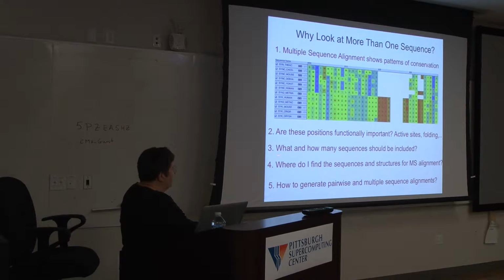Then there always gets to be a question: how many of these sequences should be included? And again, I'm going to say that that's going to depend on what you're trying to do. If you're interested in working mostly on bacterial systems, then you want to look at bacterial systems. This is a list of eukaryotic sequences. So if you're working in the other domain of life, you'll probably always be comparing the human to the mouse and to yeast. And you see some things that are in yeast are not in the mouse or not in the human. So it's good to keep this in mind, as I said,